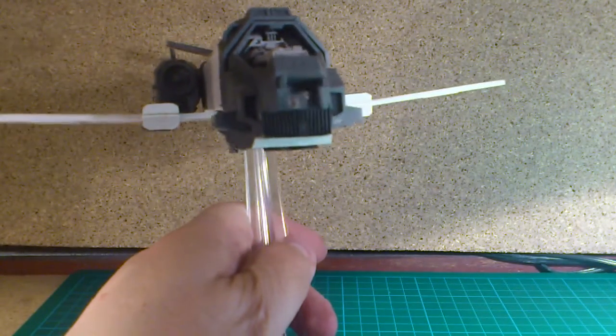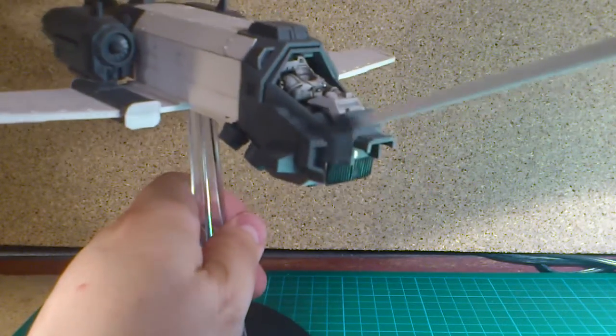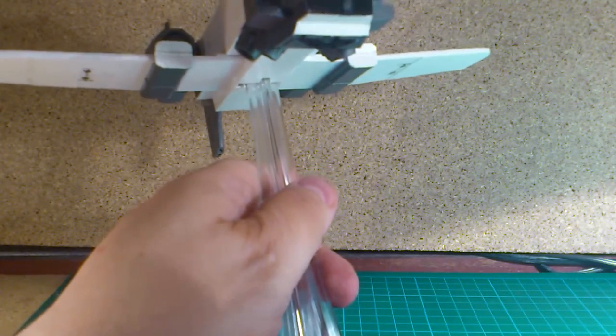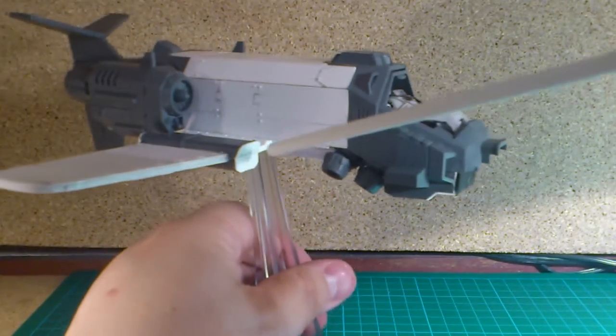Turn it this way, you can actually see I put this little shield down here for covering up the gun that's mounted on these two magnets, and I actually closed up this front area as well with some plastic card and plastic bits. Same thing for the wing